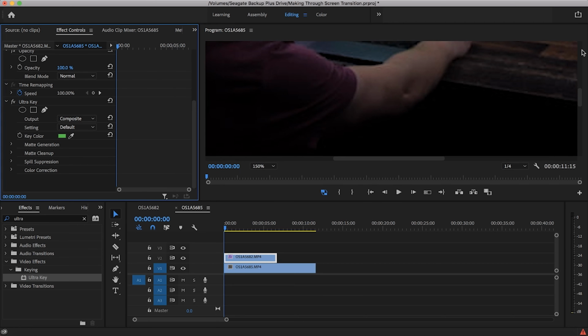So now is when we go to our second clip, which is my wife sitting on the couch. So for that, we click on that. As you can see, we're right at the start. You want to be where you first see your green screen. So for me, that is right at the start of the clip. I've zoomed in so I can see